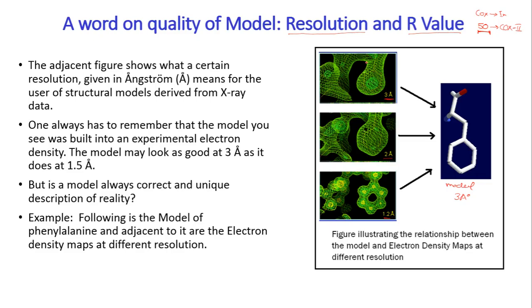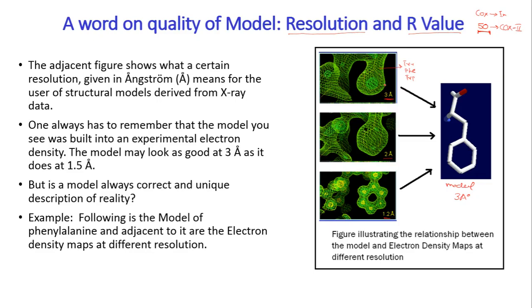Over here you can see that at 3 Angstrom resolution, the electron density appears just as a blob of electron density, right? So you can fit tyrosine over here, you can fit phenylalanine, or you can even fit tryptophan,